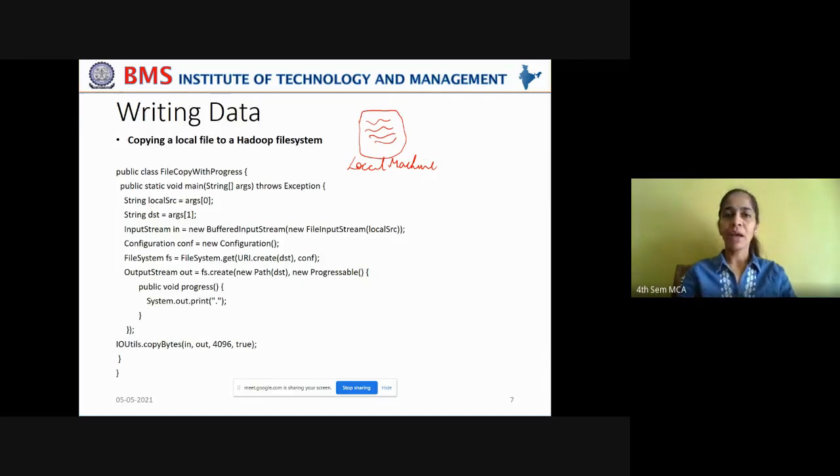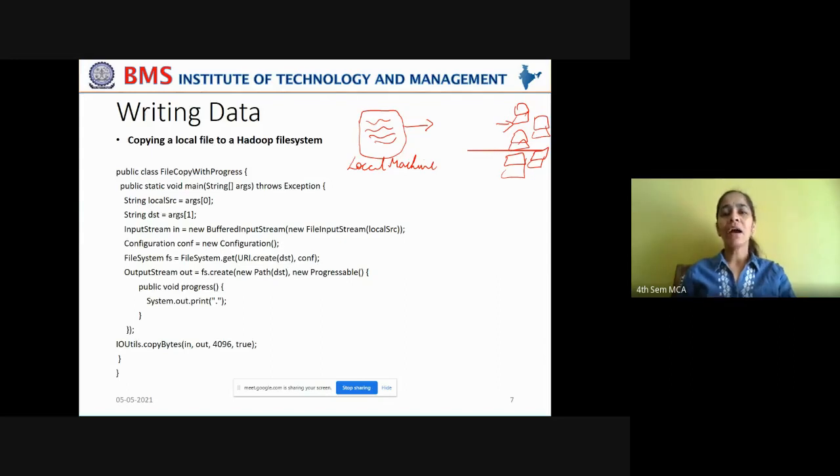Understand this carefully. I want to read the data from a file on the local machine onto the data nodes on my HDFS cluster or my Hadoop file system, right? This is the operation I'm trying to perform.